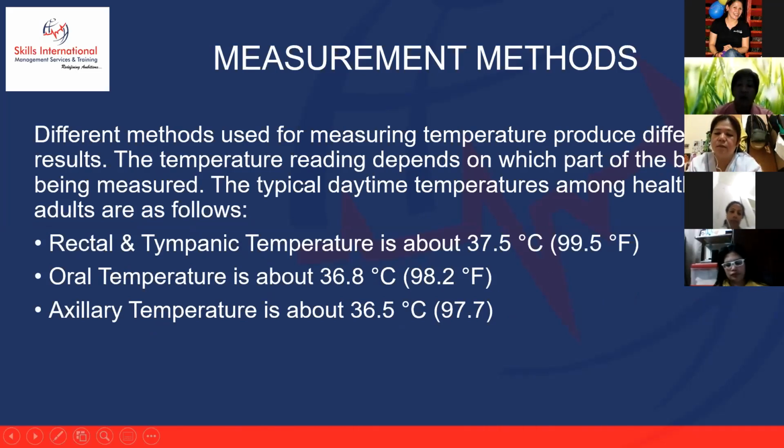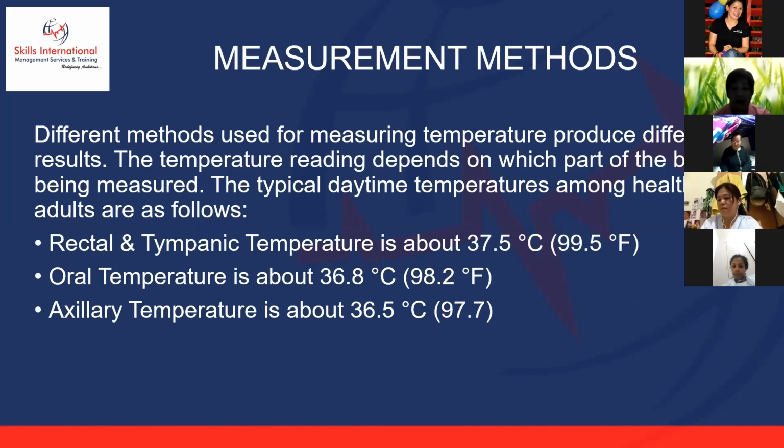So what are the measurement methods in taking the body temperature? Different methods used for measuring temperature produce different results. So what does it mean? It means that when we are taking in a different part or different site, the temperature reading depends on the part of the body being measured, like for example, the rectum or the mouth. So the body